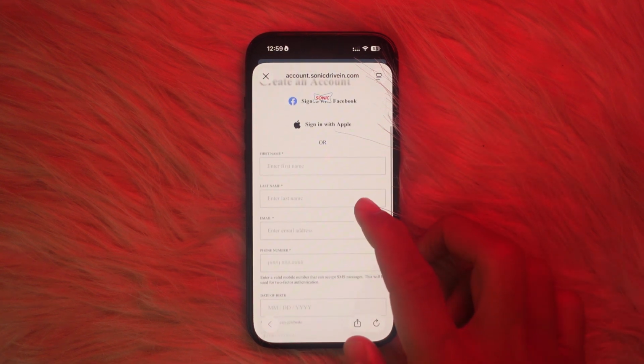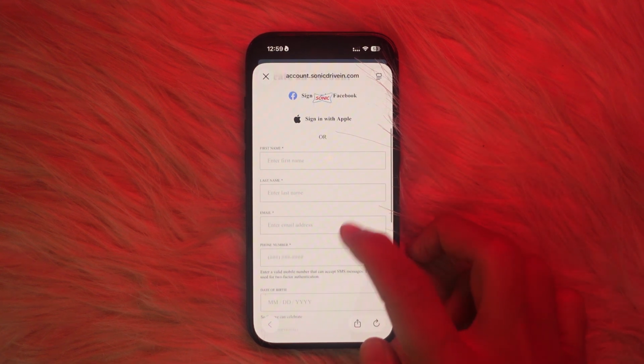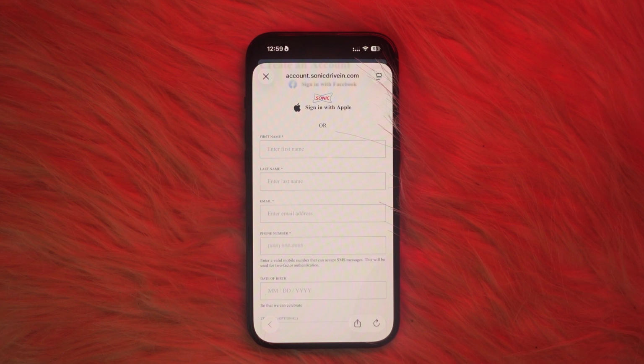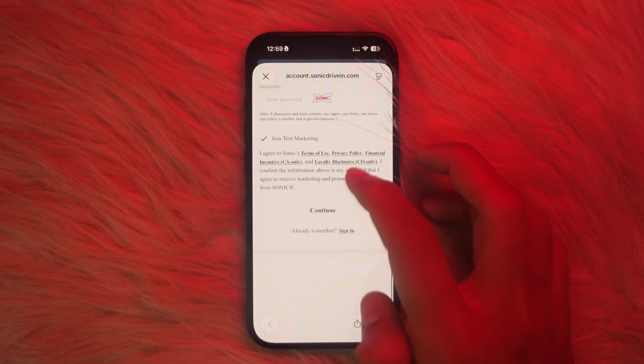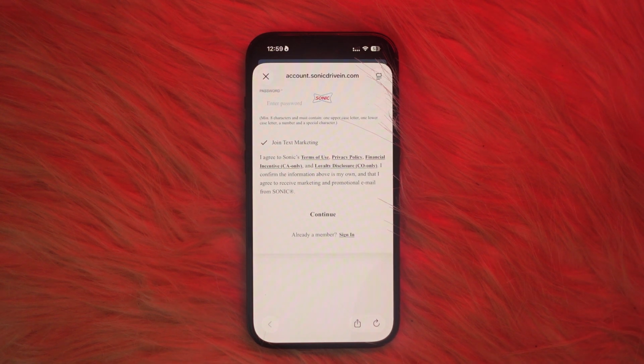Or if you already have an account, or if you want to create your new account, you can simply fill out your information over here and simply click on continue to create your new account and log in into the